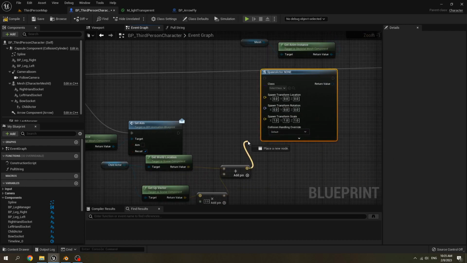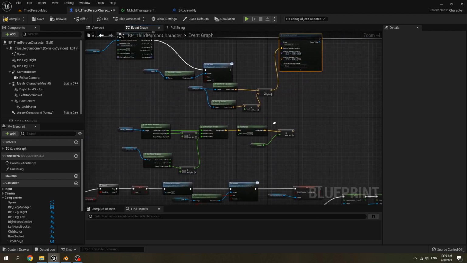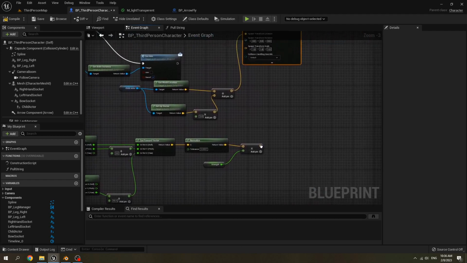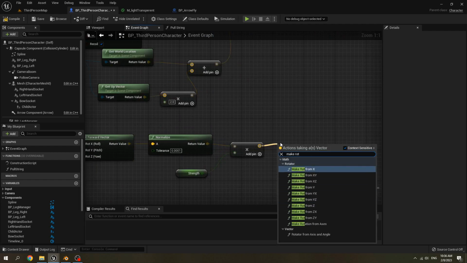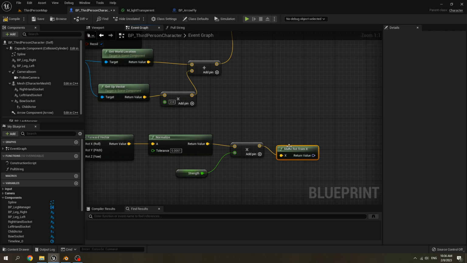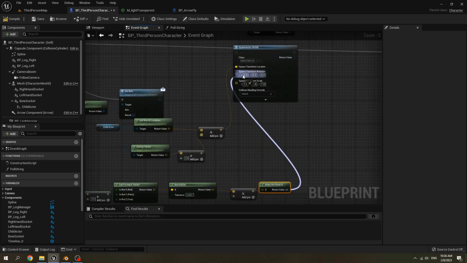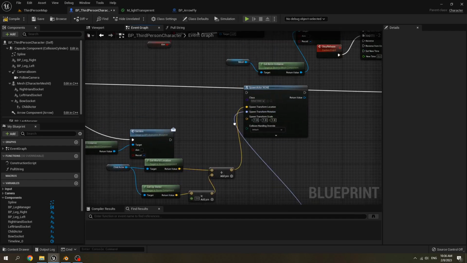Use this location as the spawn transform location. And for the rotation, we make rotation from X vector. Use this rotation as spawn transform rotation.